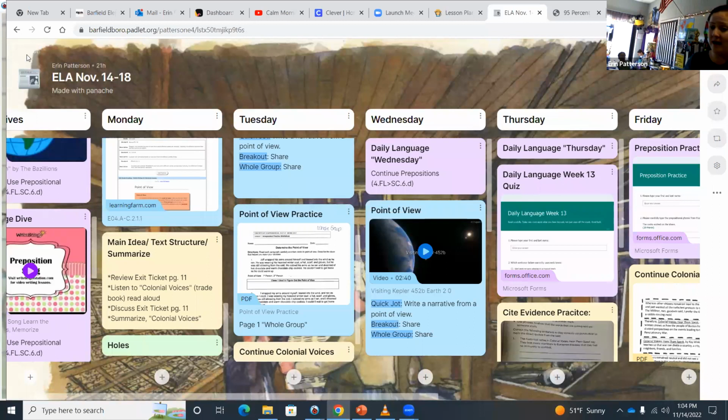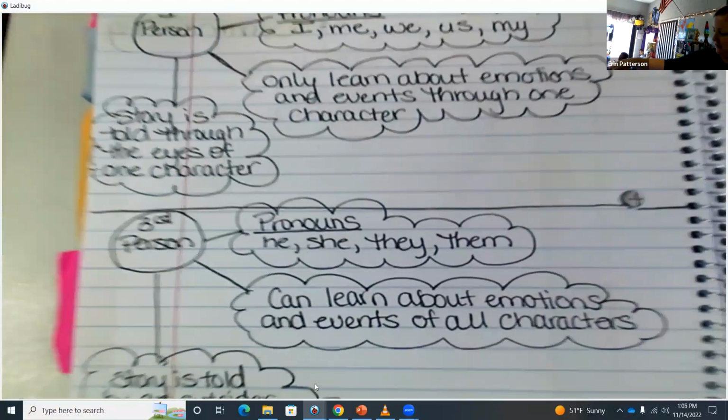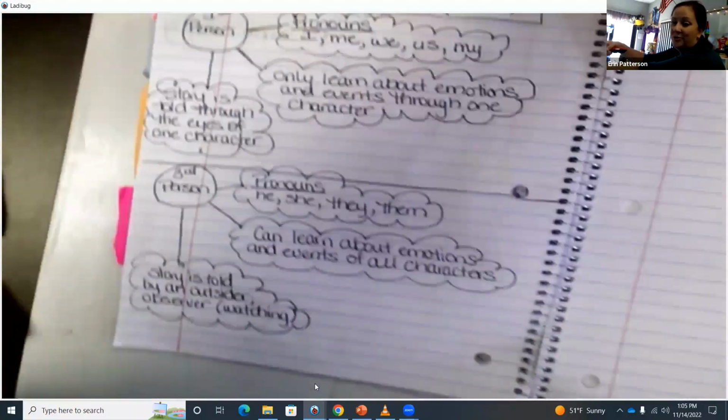All righty, we are in our brain book still. Here we are. But we are going to a new section in our brain books. We're going to go to the section marked